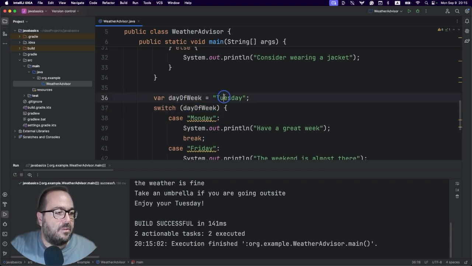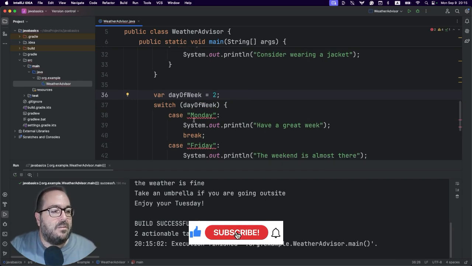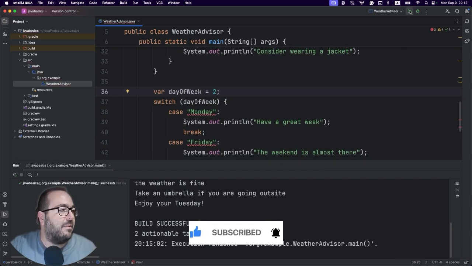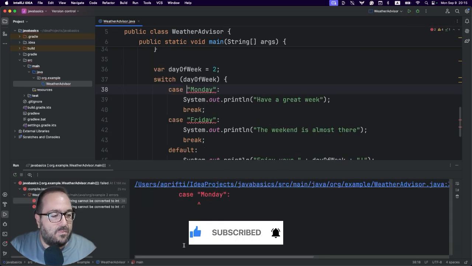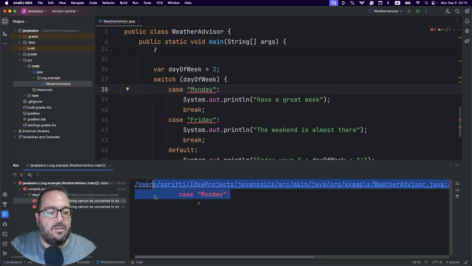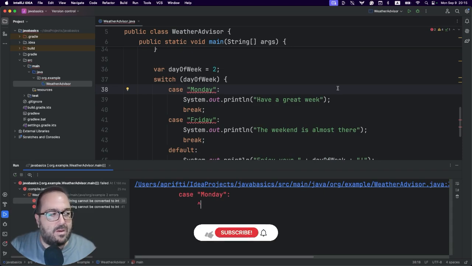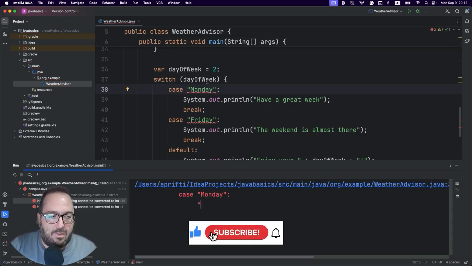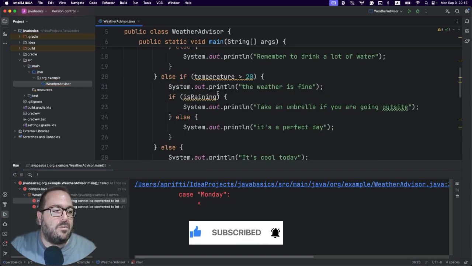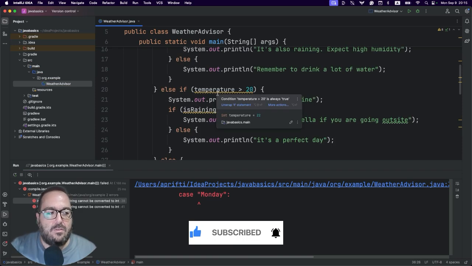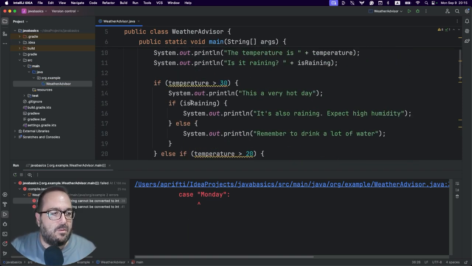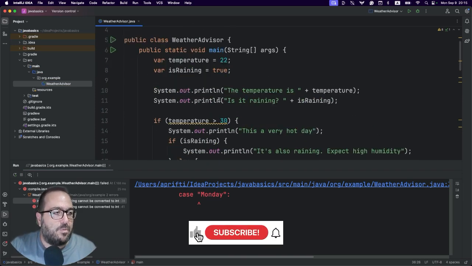For example, I'm setting the wrong type of variable here. You can see the IDE is complaining, but if you press the run button, you are going to get an error in the IDE. We don't need to dive too much into the errors right now, but I just want to point out that you don't need to be afraid of anything. Do some practice, try to understand what it is. If you have any questions, feel free to comment in this video and I will try to reach out as soon as possible.